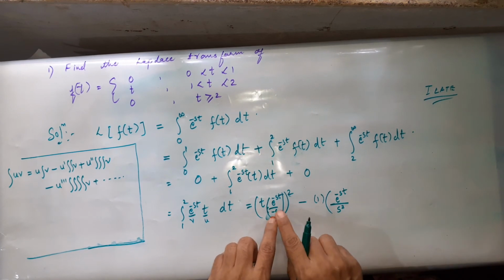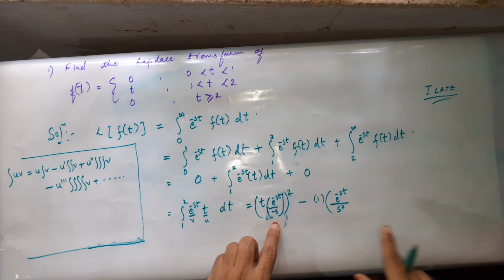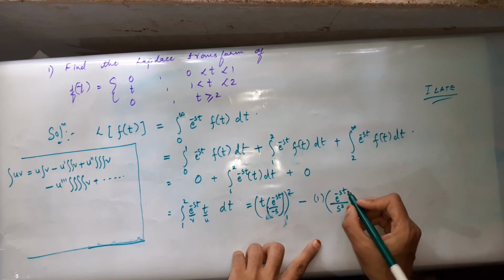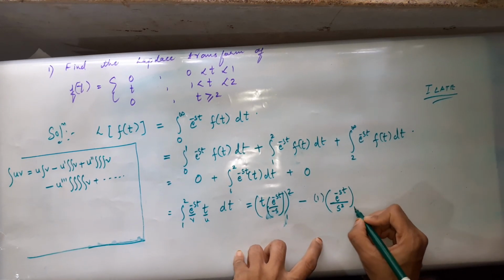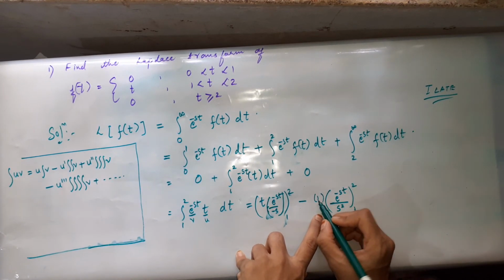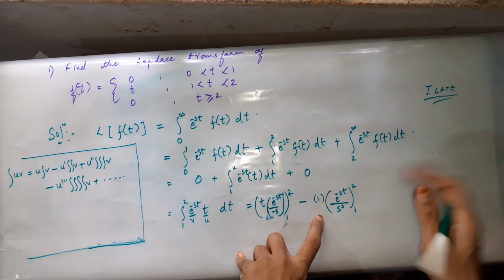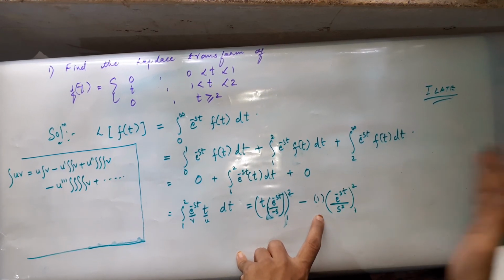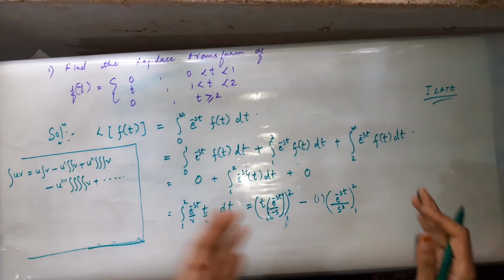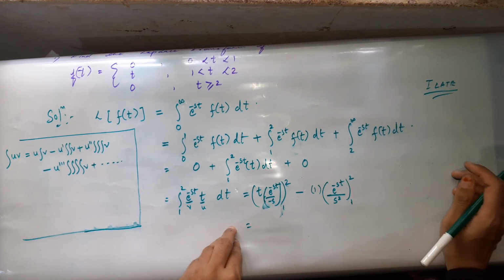Is it not? Because you get first minus s, you keep it as it is, e to power minus st again divided by minus s. Minus s into minus s is plus s square, with limits from 1 to 2. Now further, the derivative of 1 becomes 0 here, plus 0. 0 into anything is again 0, so I did not write further derivatives or expressions following this. You can stop it here itself. Now all you need to do is substitute the upper and lower limits.